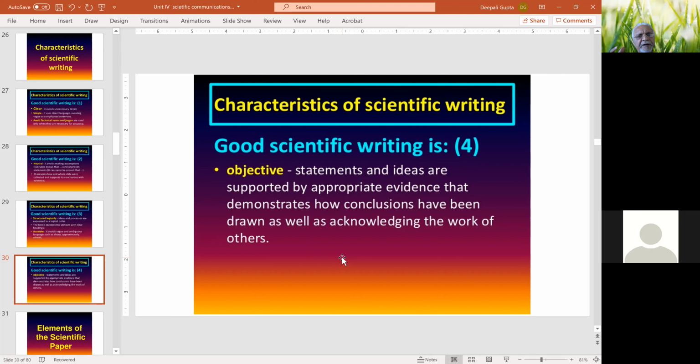This is a very, very important aspect of scientific communication: if you are taking support of work done by other people, then that work has to be acknowledged by you.